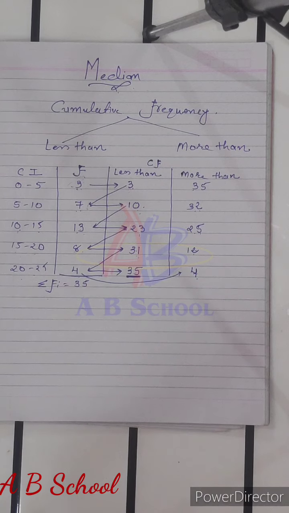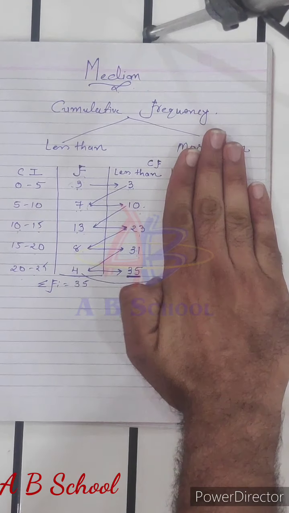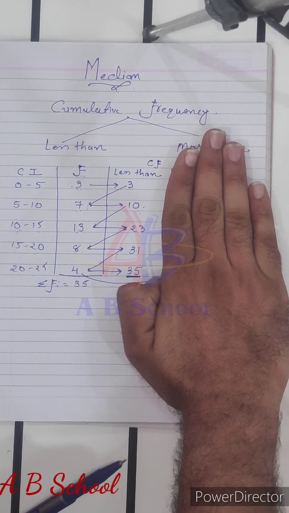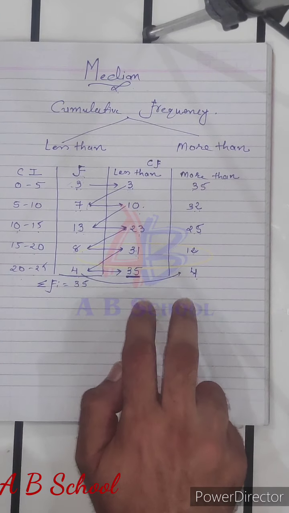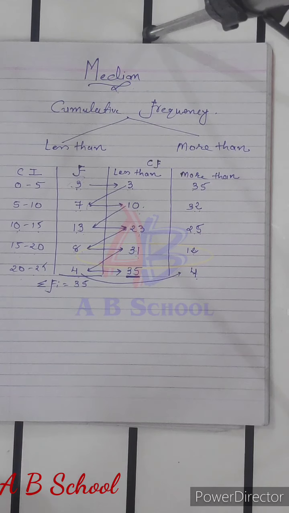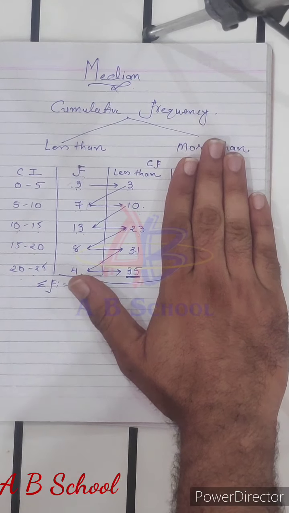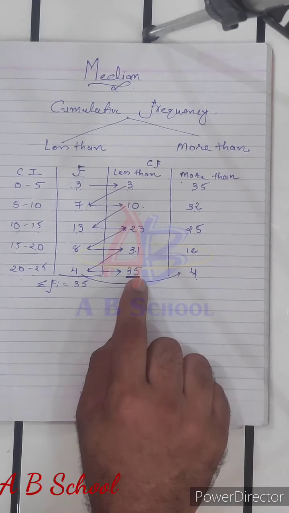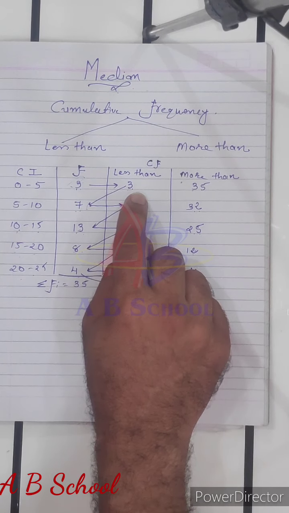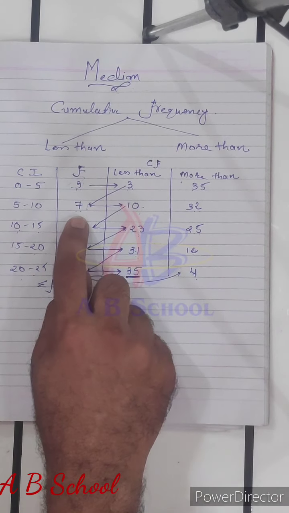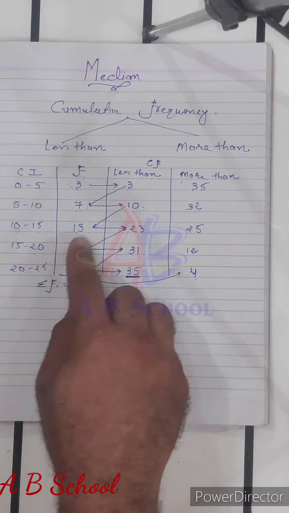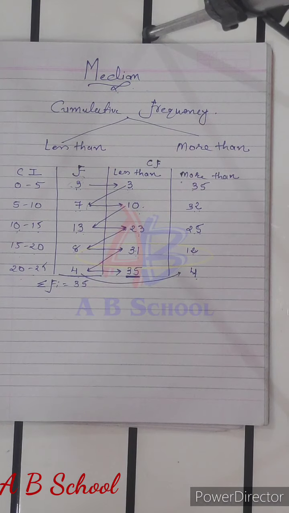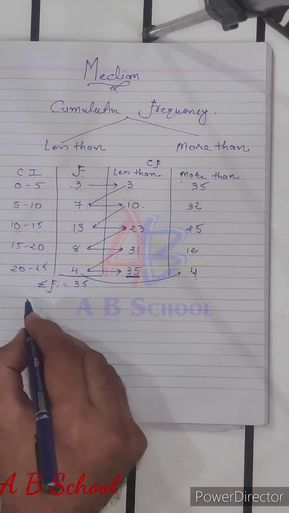But for solving the median with the help of the formula, we are not going to use this, we are going to use the less than type only. Both will be helpful to us when we find median with the help of our graphical method. So for the formula we need this much only. So frequency will be given to us, we need to find less than type cumulative frequency. First data is going to remain same, then it is going to add with the next frequency, then with the next frequency, and we add cumulative frequency this particular way. Okay, let us go to the median now.